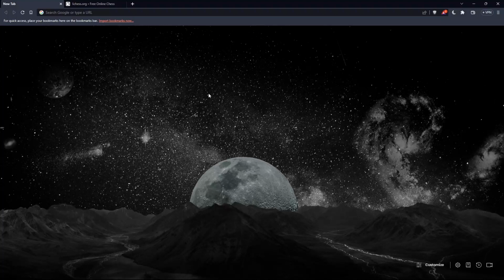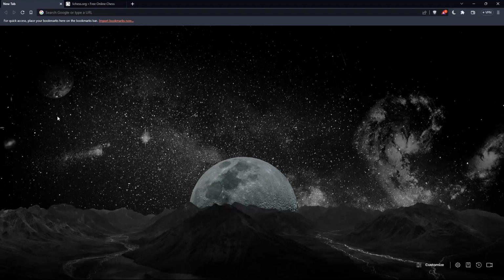So the first thing that you'd like to do, of course, is just go and open whatever browser you're going to use to follow this tutorial's steps with. In my case, I'm actually using Brave, but of course you can use any other browser that could be working for you on your PC, or whatever you're working with. Could be Google Chrome, Microsoft Edge, Firefox, Opera, or any other browser, even Internet Explorer if it's working